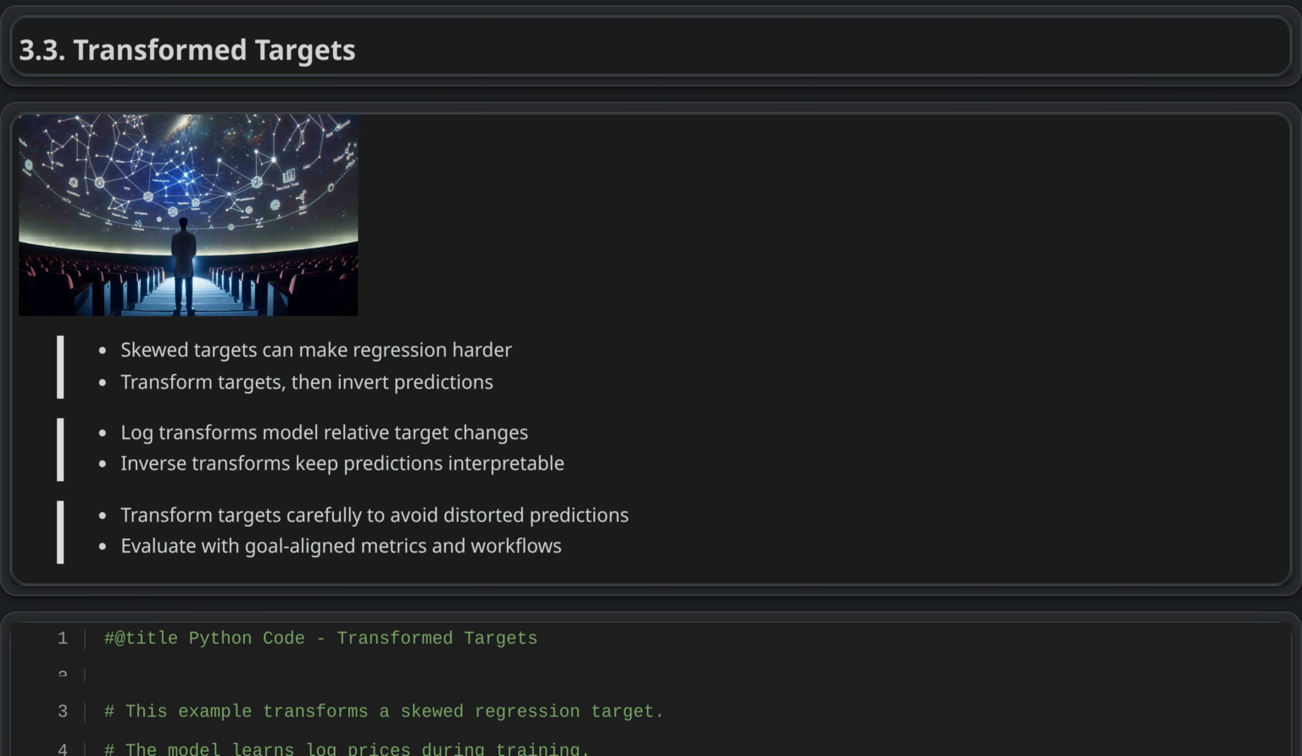Transformed targets. In regression, targets such as prices or energy use can be skewed, which may make models overreact to extreme values and produce unstable predictions. Target transformation addresses this by training the model on an adjusted version of the target, then converting predictions back to the original scale. In Scikit-Learn, this can be done by wrapping a regression model so results remain accurate and interpretable